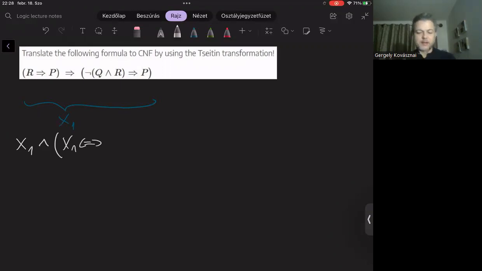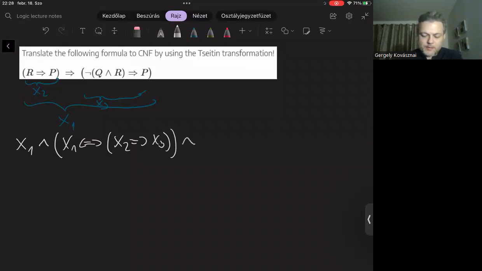Well, the meaning is the formula it substitutes, which is, as you can see, an implication of two other formulas. The two other formulas are compound formulas. Therefore, I'm going to introduce two new Boolean variables for them. For instance, I'm introducing x2 to substitute R implies P. And similarly, I'm going to introduce x3 for the right-hand side of this implication. So finally, the definition for x1 looks like the following: x2 implies x3.